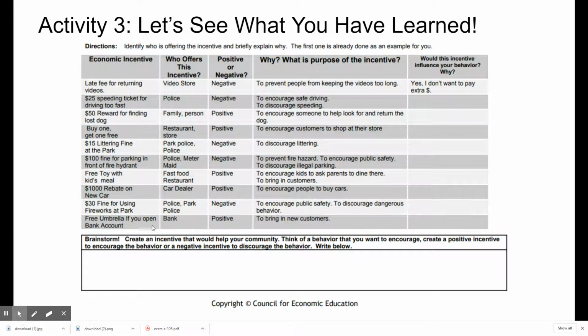Okay. If you said the bank, you were right. The bank is who's going to give you a free umbrella if you open a bank account. It is a positive incentive because most people like free things and umbrellas. And the reason they do it is to bring in new customers. They want you to